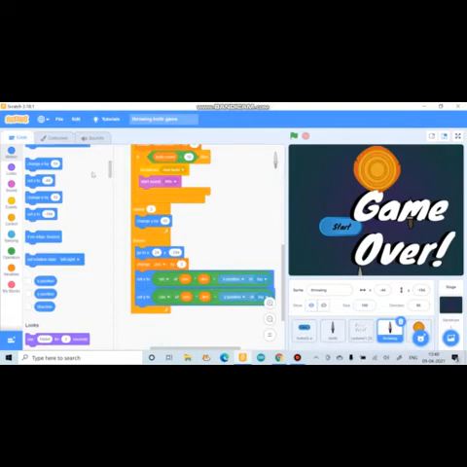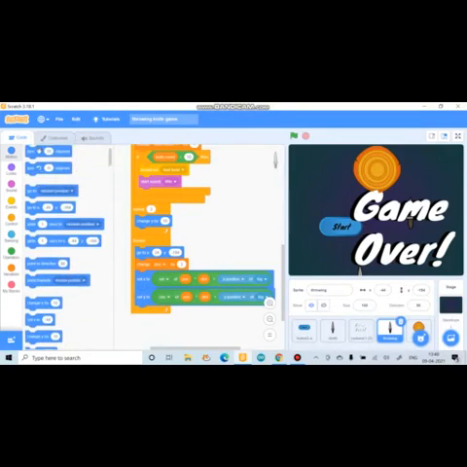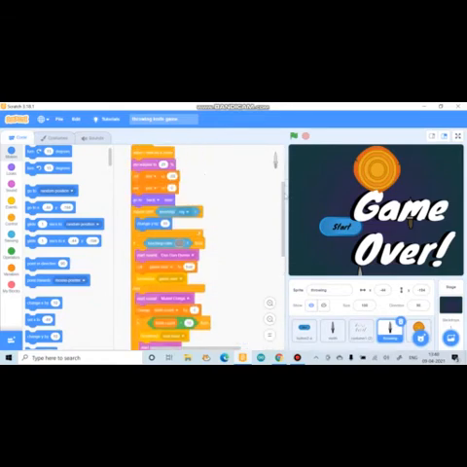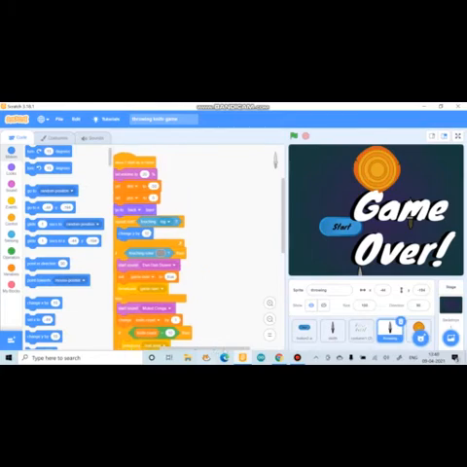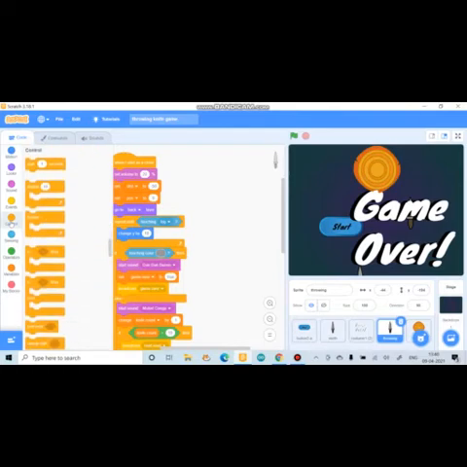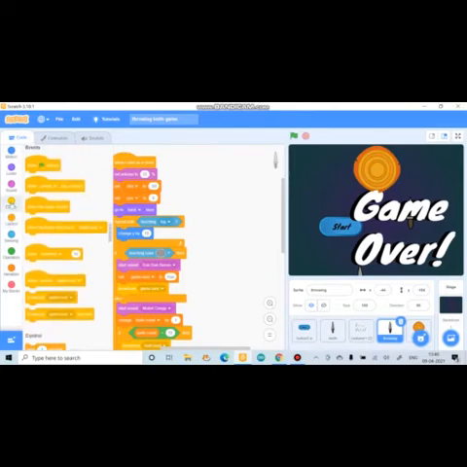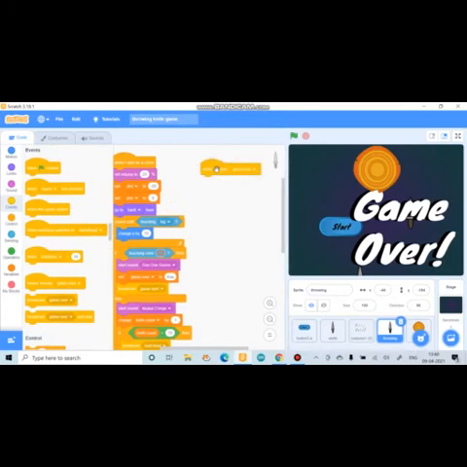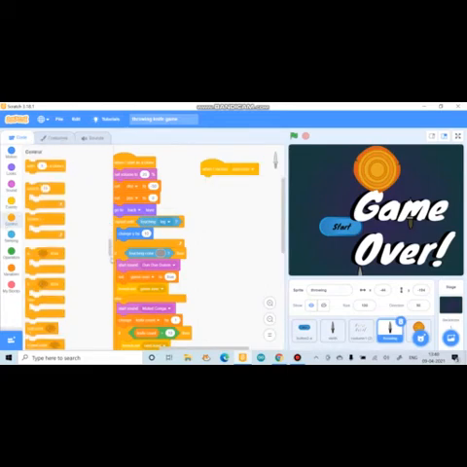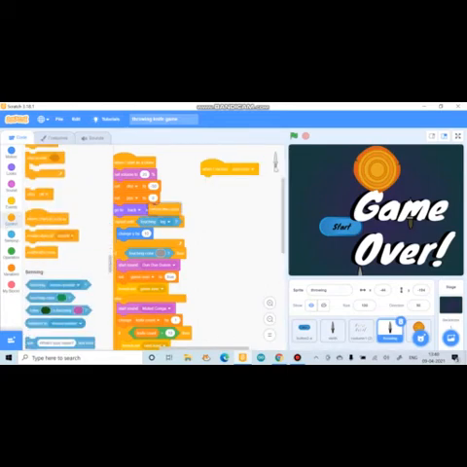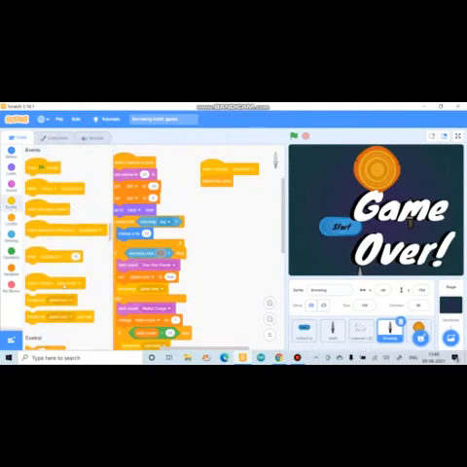Then I'll take the turn 3 degrees. Then I'll go to the controls, I'll go to the events, I'll take when I receive next level, then I'll go to the controls and I'll take delete this clone, then I'll go to the events and I'll take when I receive start game,